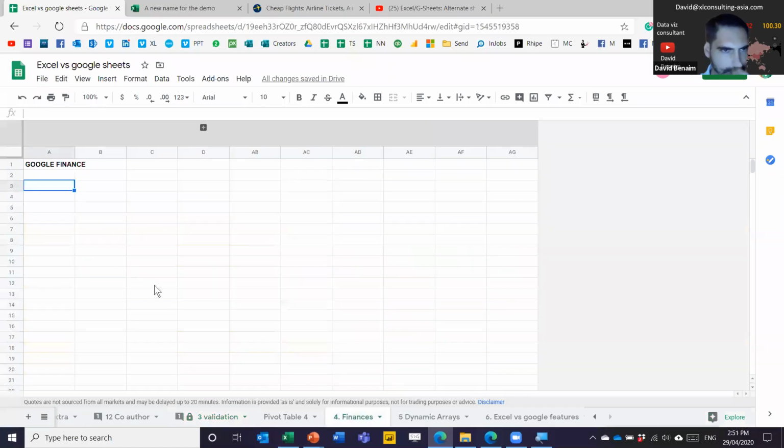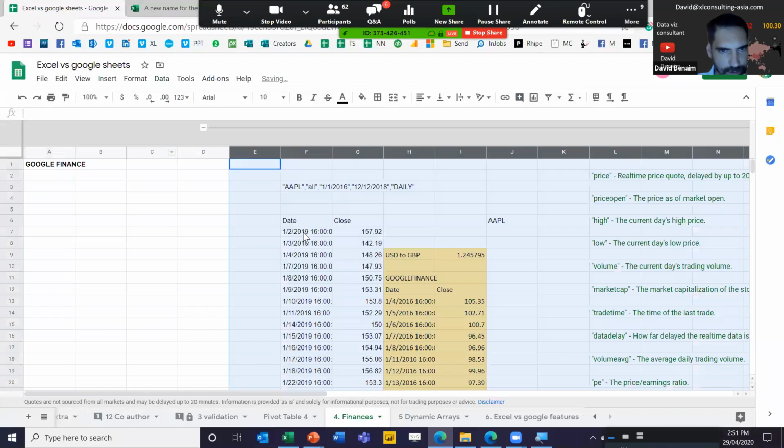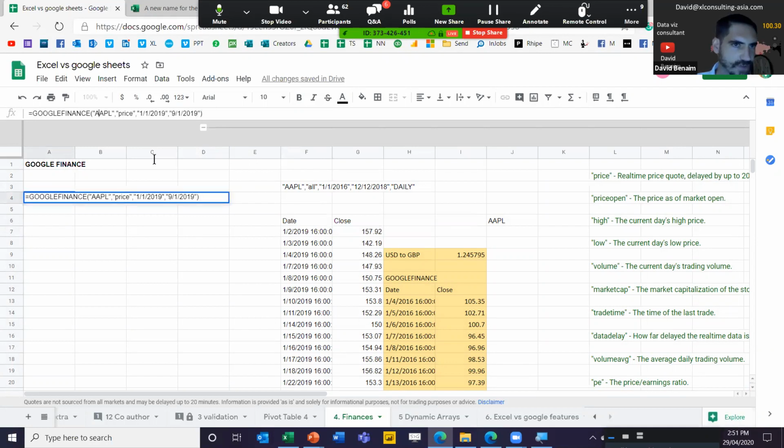So in Google Sheets, I can write equals Google Finance. Let me show you this one. This is built in with Apple. This is a function, Google Finance.